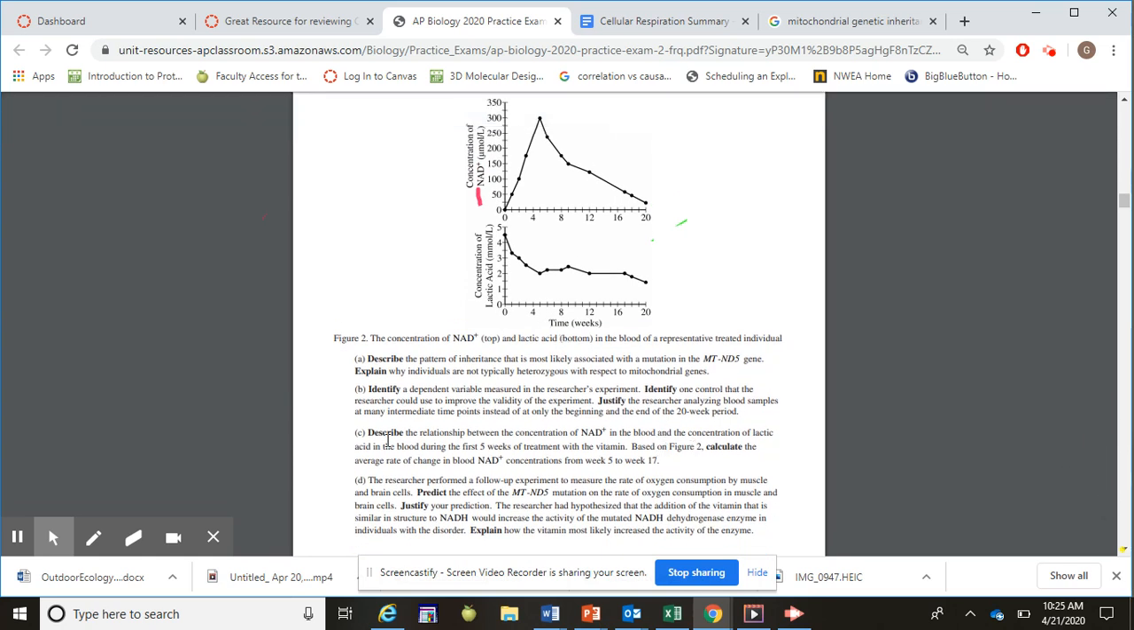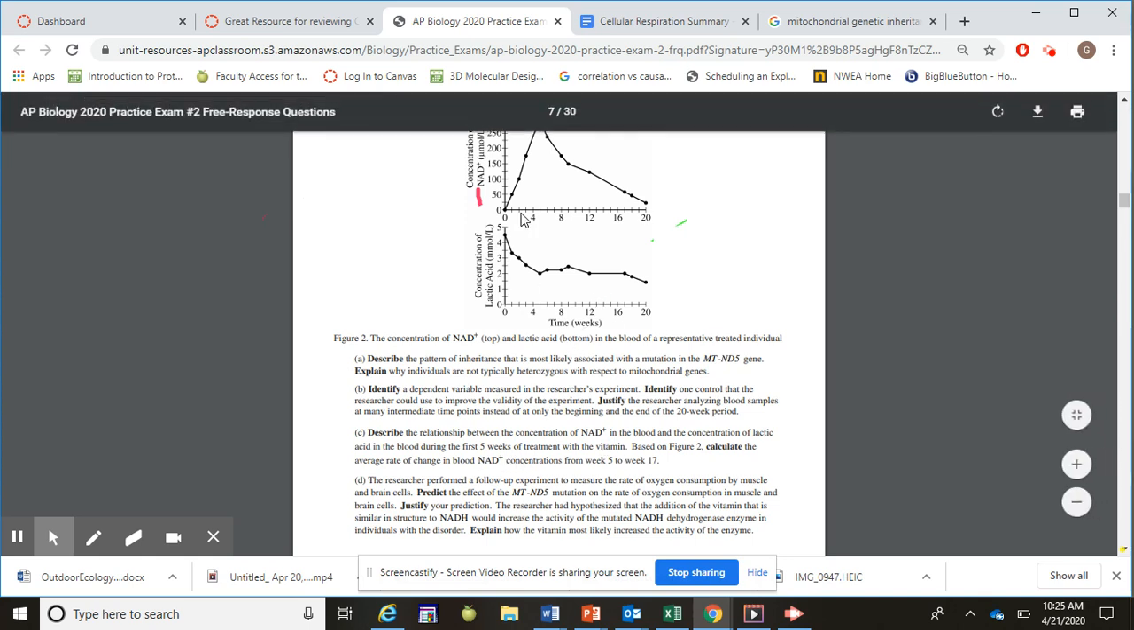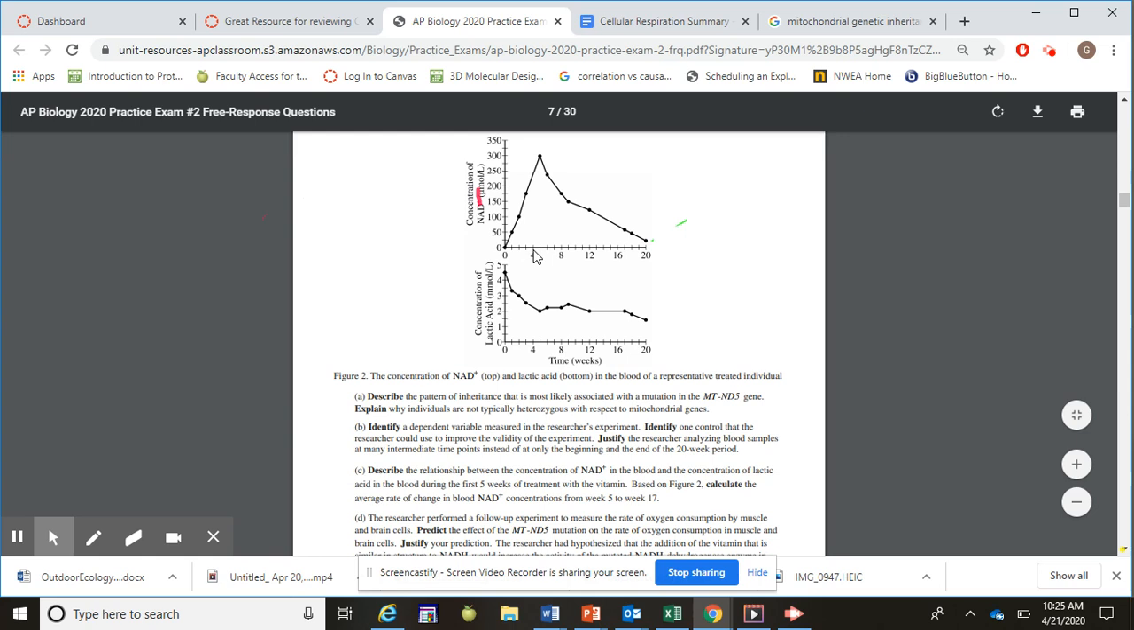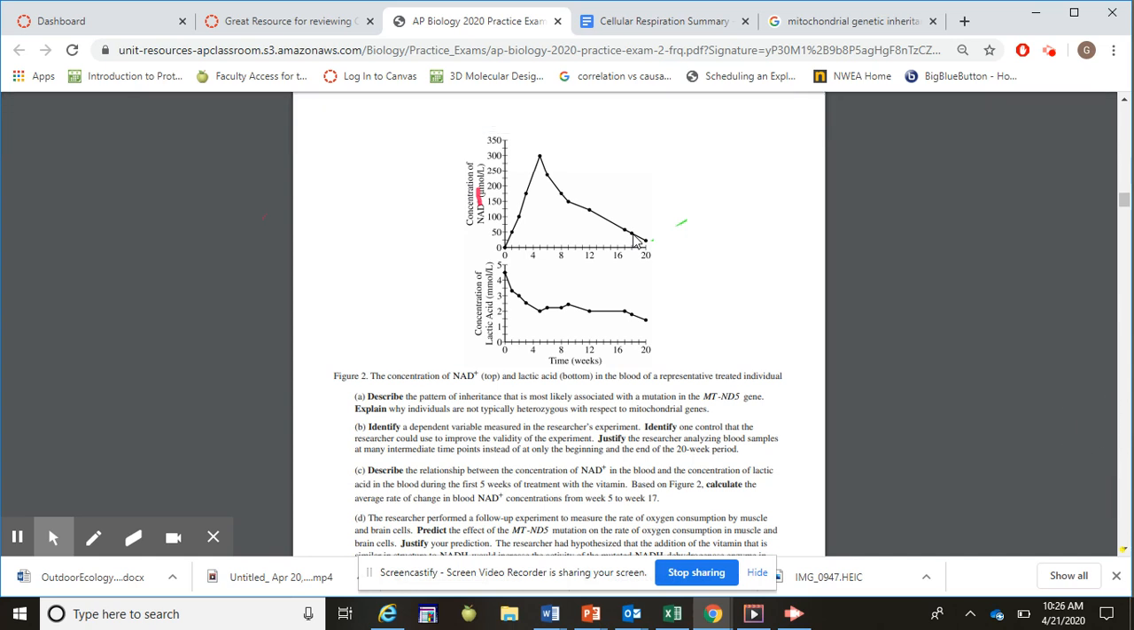Based on figure 2, calculate the average rate of change in blood NAD plus concentration from week 5 to 17. So we're looking at this graph from week 5 to 17. They want you to find the rate, and remember the average rate of change is just your slope. So you would do y2